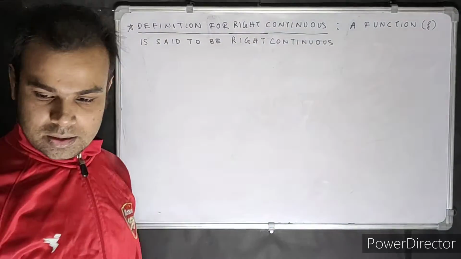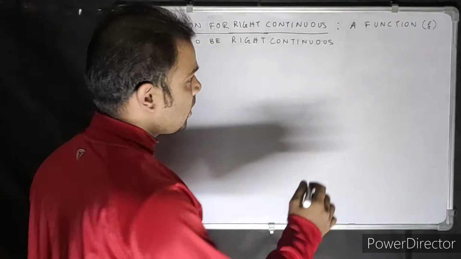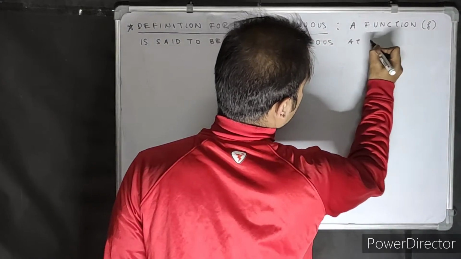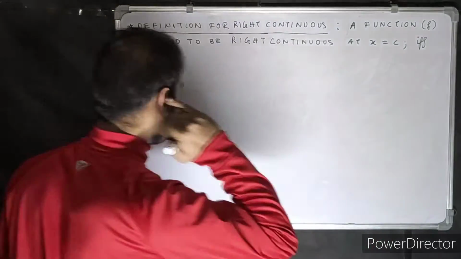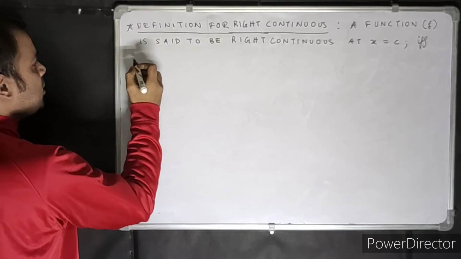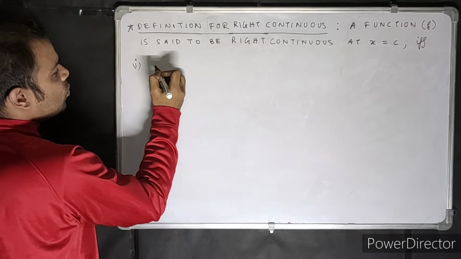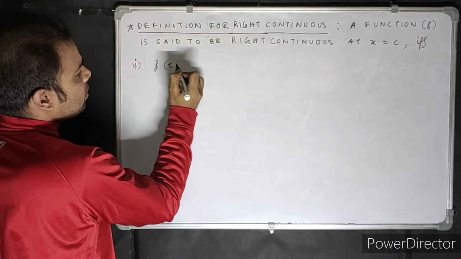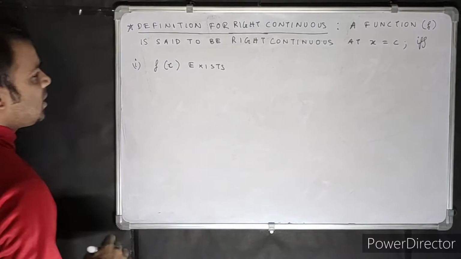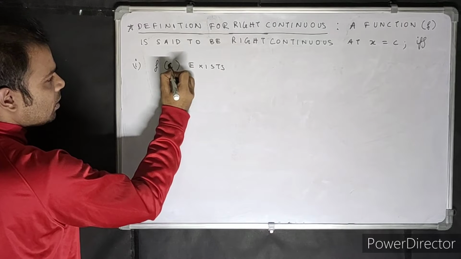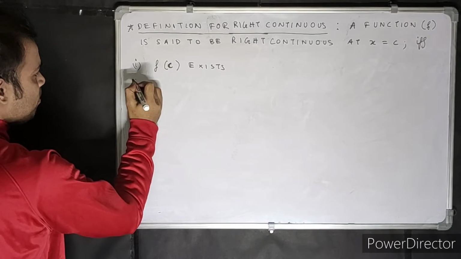Right continuous, don't write the second part. So right continuous at x equal to c if and only if these three things happen. First one, f of c exists. Second part,